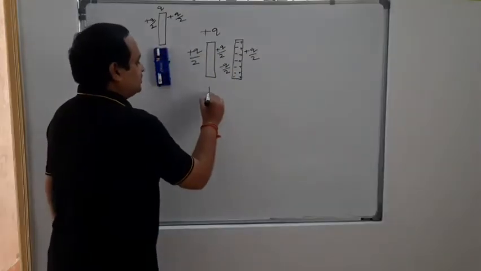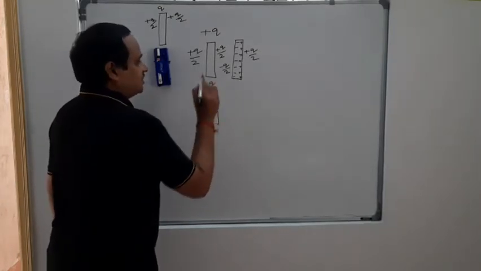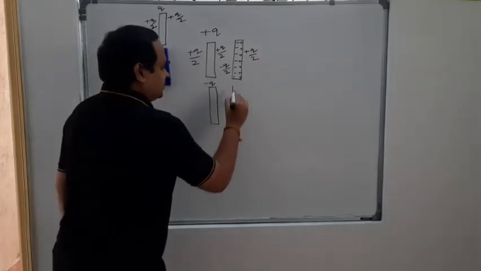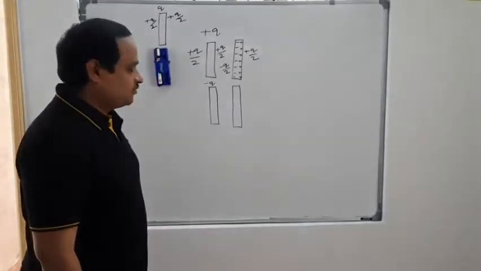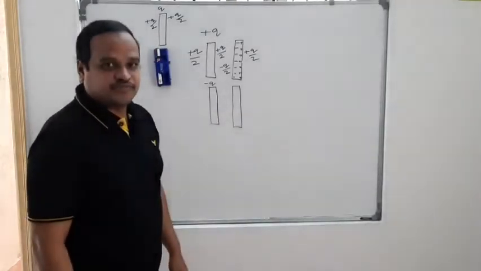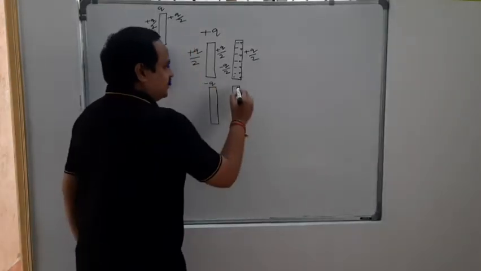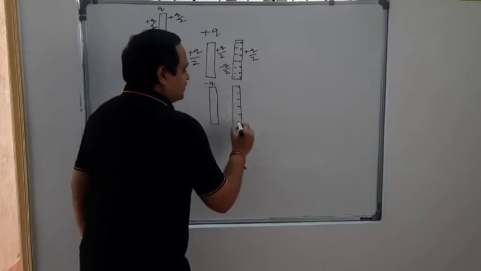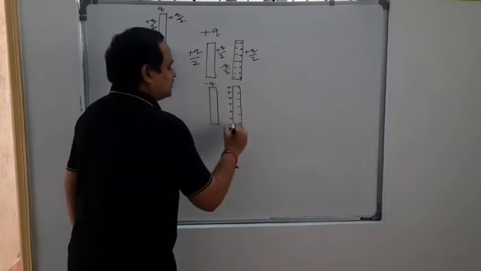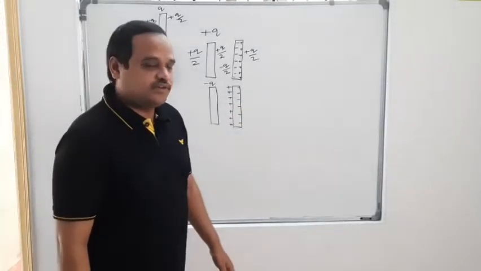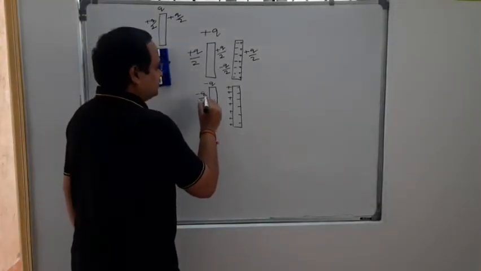For example, I have taken another, negative charged conductor, and when a neutrally charged body is brought closer towards a negative charged conductor, what will happen? This is a negative charged body. Obviously, all the negative charges on this end will be repelled to the other side. Then negative charges will be accumulated on the other end, and this inner end acquires positive charge. So by this you can understand. Now this is how the charge will be distributed for minus Q.